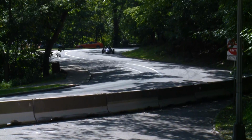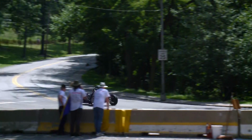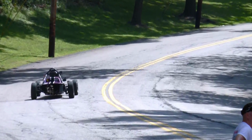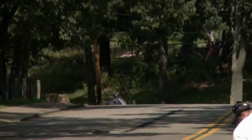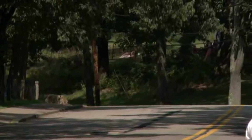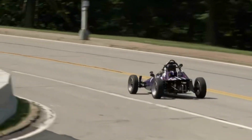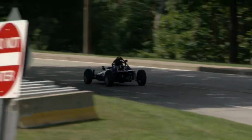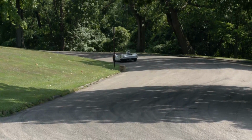All right, we got to see her racing. There she is again, right there. Fresh rebuild on that car, good clean lines, and that is exactly what we're talking about. It's just the most essential form of an automobile. Yeah, and set up for racing. And she's doing a great job with it. Those are great clean lines. She is never going to want to touch those brakes because she's only got about 60 horsepower even with a fresh rebuild. Yeah, great interview from Ted Sawyer, voice of the Pittsburgh Vintage Grand Prix, of Laura Licht, car number